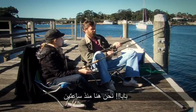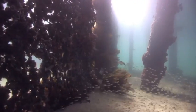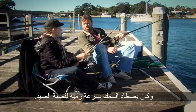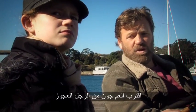Dad, we've been here 2 hours and there hasn't been one bite. You know, Uncle John was fishing here recently. There was an old man fishing just over there, and he was catching fish as fast as he could cast his line out. Uncle John was very curious, so he went up to the old man to ask him what